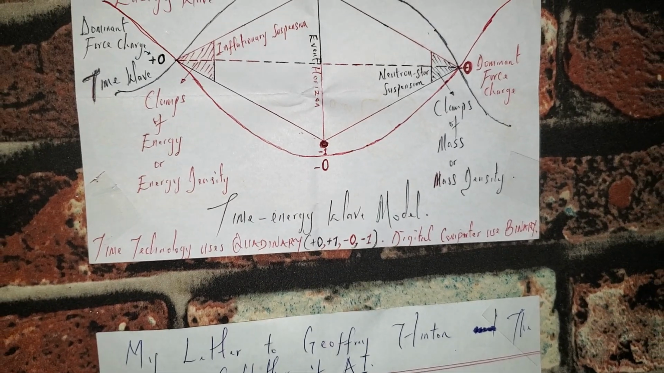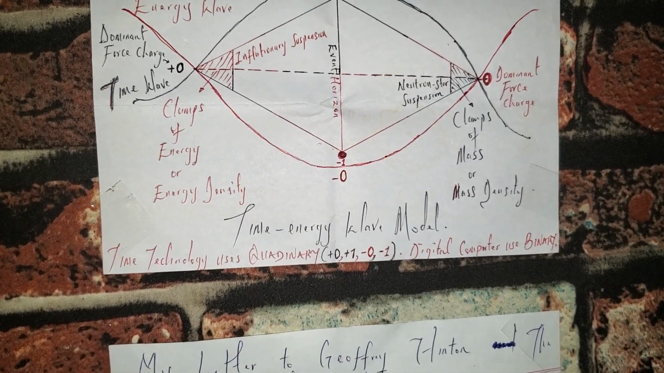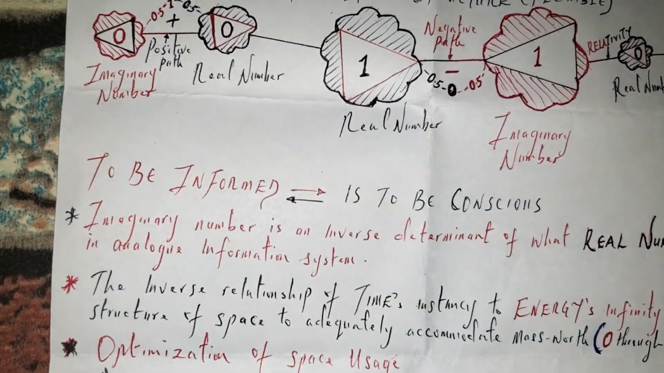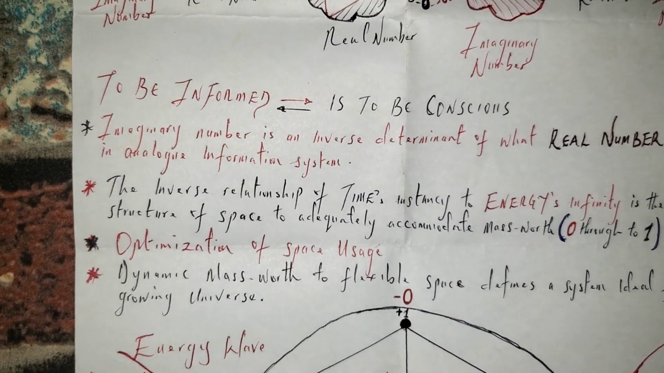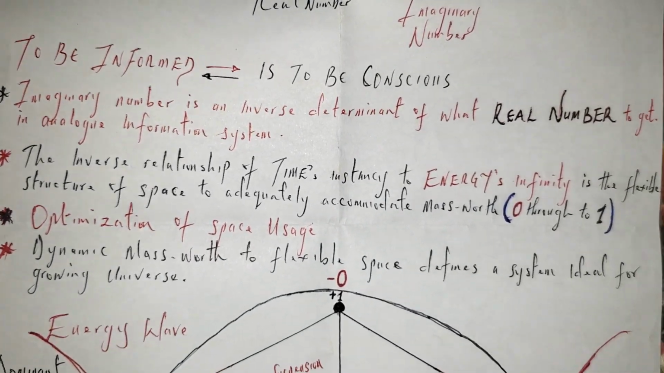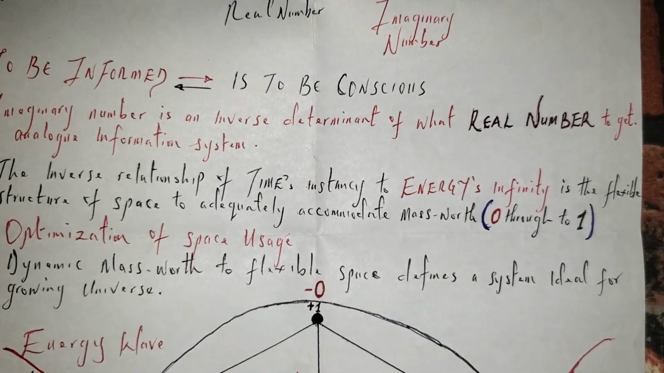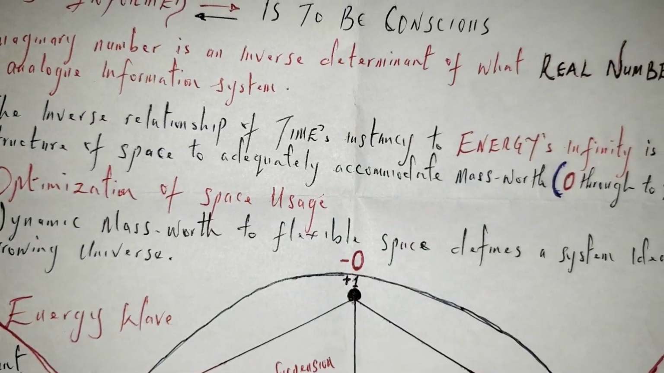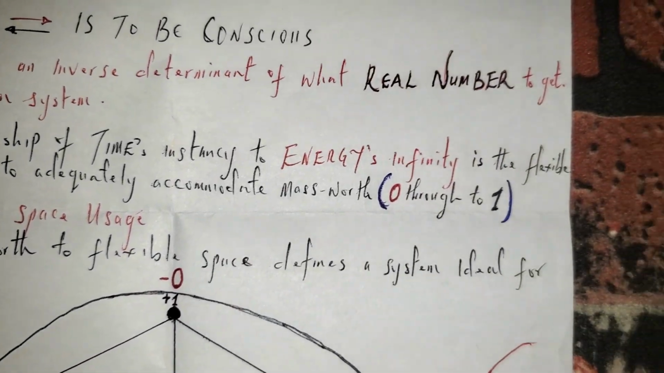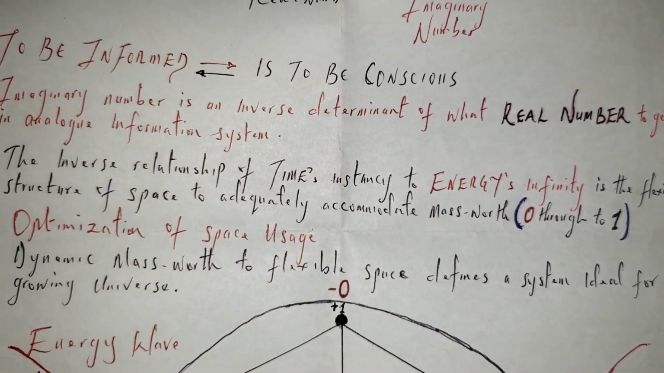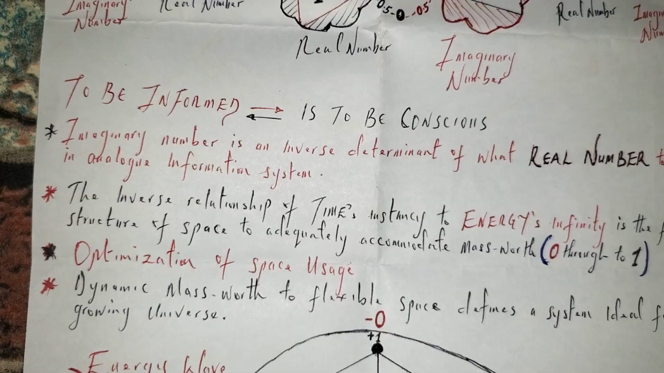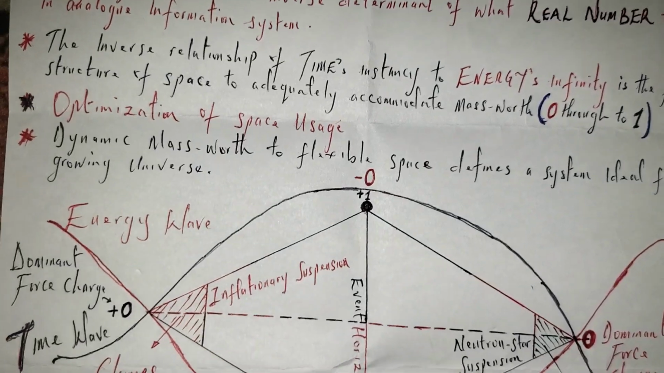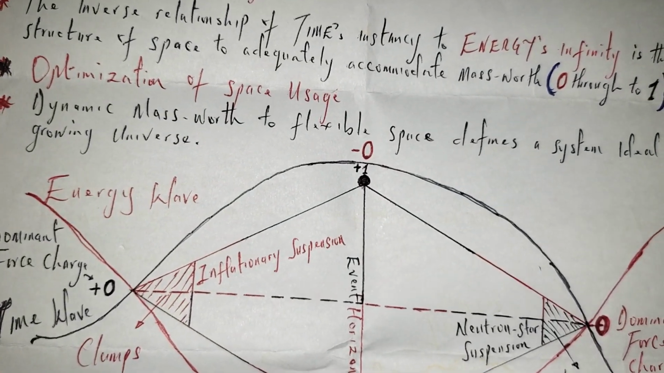But then let's quickly look at how AI works and then compare that to time energy information, or rather let me say time technology. So in time technology we have time energy information structure. There we have a hybrid information structure of analog and digital information system. But then if we look at AI,